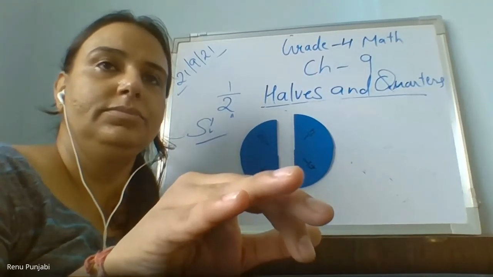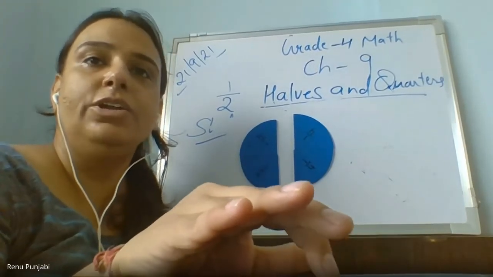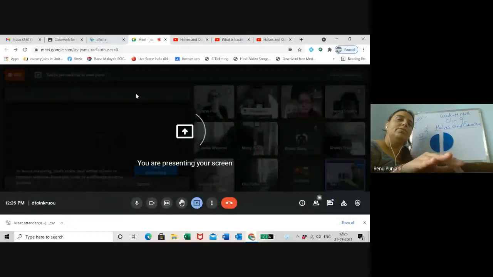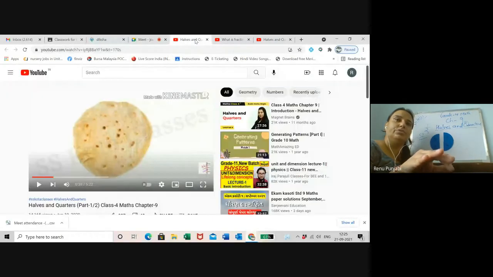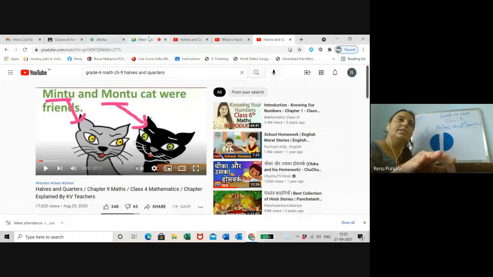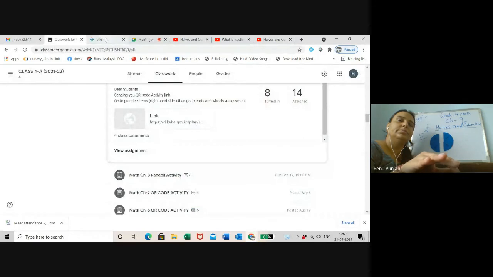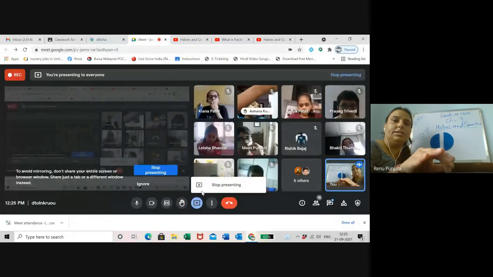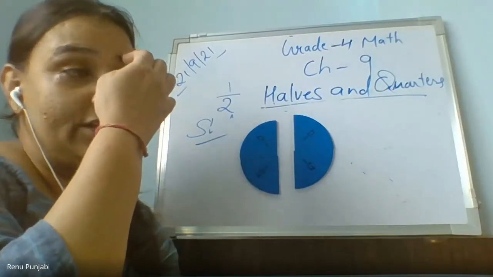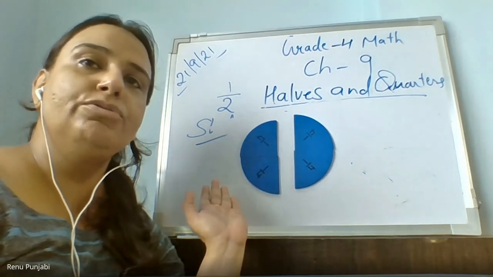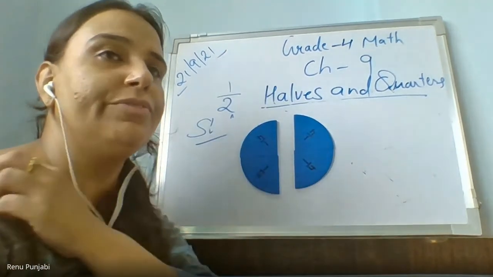Okay, I want to present my screen. We are continuing our class here only. I'm going to present my screen, the worksheet which I'm going to send you today. Sorry, students, it is right now not visible here. I will send you. It is based on that only. You have to see the fraction and color the parts, or in one you have to see the colored part and write the fraction. There are two different questions given.